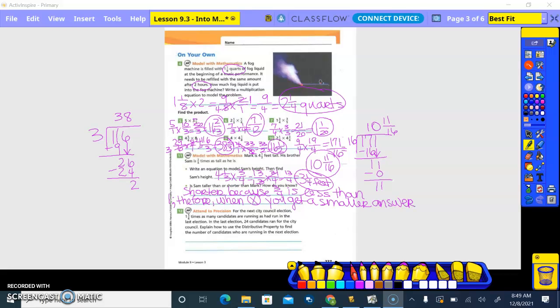Number 12, attend to precision. For the next city council election, 1 5/6 times as many candidates are running as had run in the last election. In the last election, 24 candidates ran for the city council. Explain how to use the distributive property to find the number of candidates who are running for this election. Okay, so we have 24 and we have 1 5/6. So which one is just a whole number? 24. So we're going to put 24, and then with the distributive property, we usually have